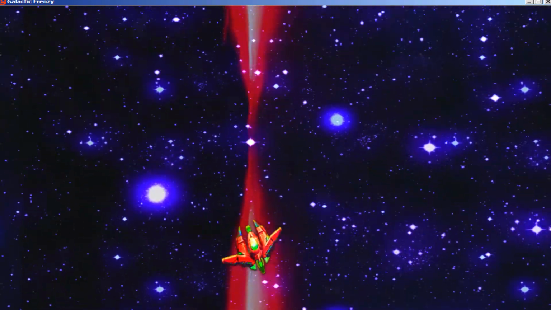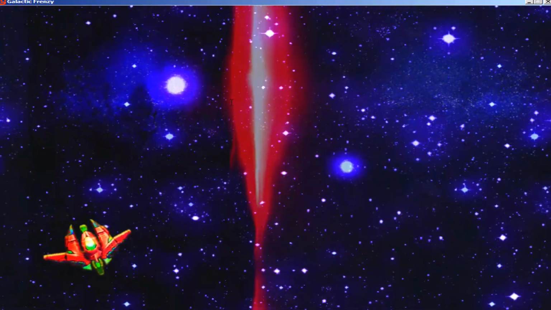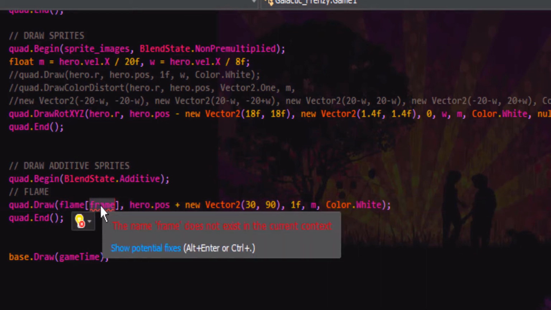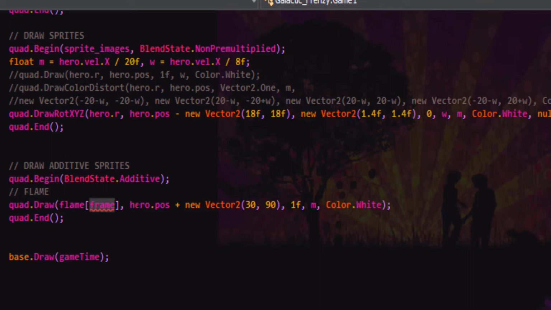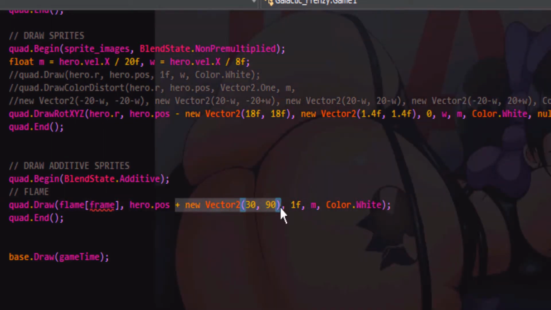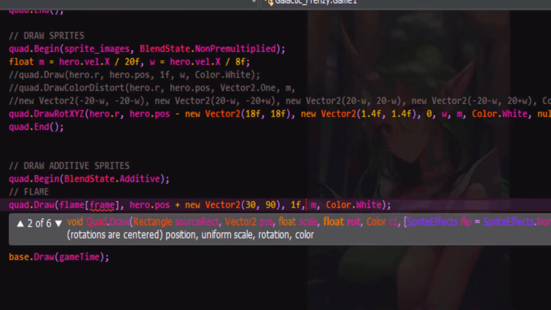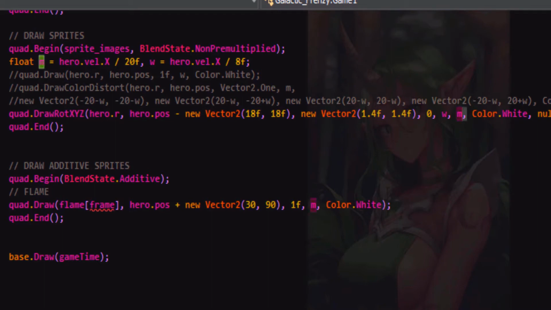If we showed the whole rectangle, though, you'd see that it is in fact a quad that's being turned in 3D space. So I added this draw additive sprite section here so that I can add the flame, which I'm drawing, and we're going to need to add a frame number for the flame and update it in the update. And I just added in this offset. It's kind of a rough guess as to where the flame should be relative to the corner of the ship. We may have to adjust that, and we might have to use one of these scaling values depending on how much the ship's turning to adjust this horizontal offset here. And I'm rotating the flame by M, the same way we're rotating it on the Z-axis up here.